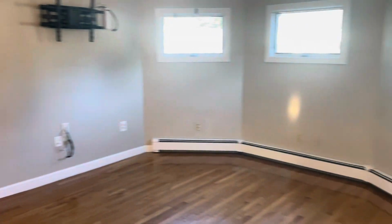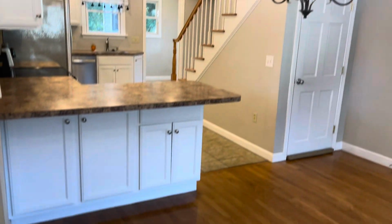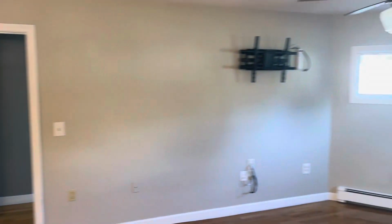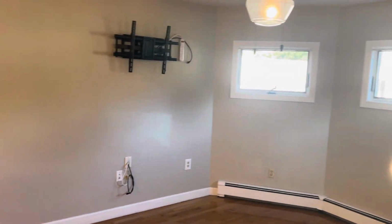Living room area here, very spacious, beautiful hardwood flooring, high ceilings. Got your dining area right here with the chandelier lighting, ceiling fan, big picture windows. Before we get to the kitchen here,